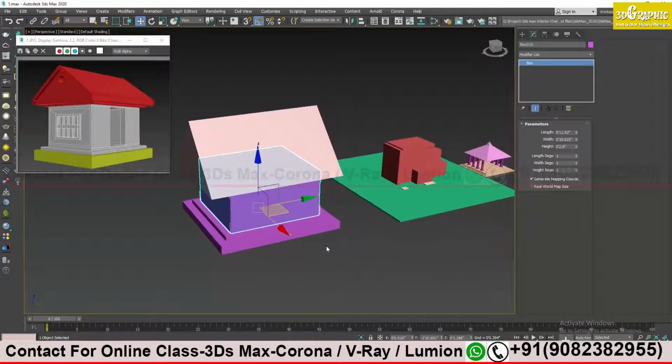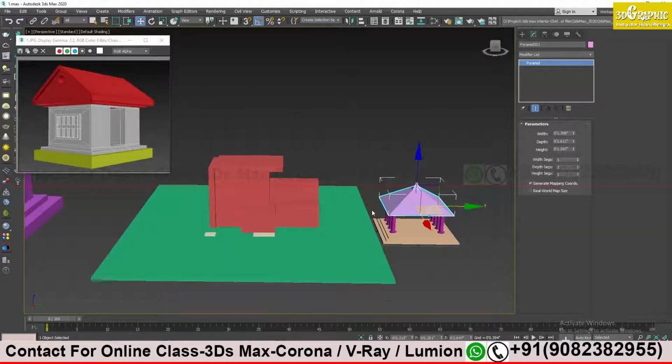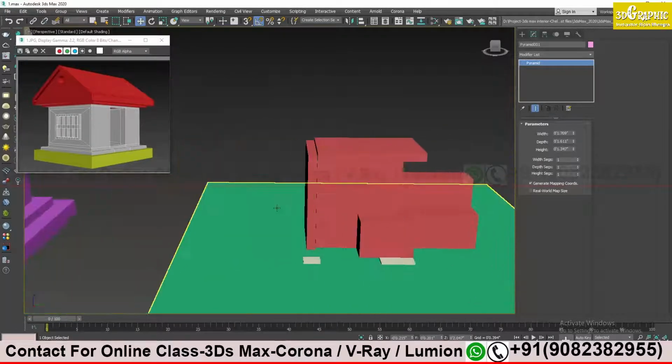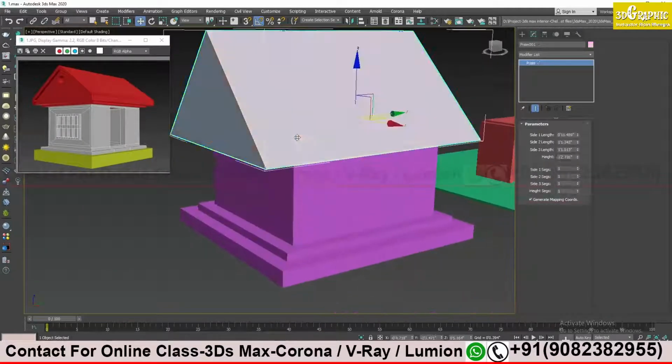So actually, I was thinking about telling you something more advanced than this, because the shapes we have created are more or less the same. Before also we created a 3D model with the help of basic shapes, and now also we have created a 3D model with the help of basic shapes.